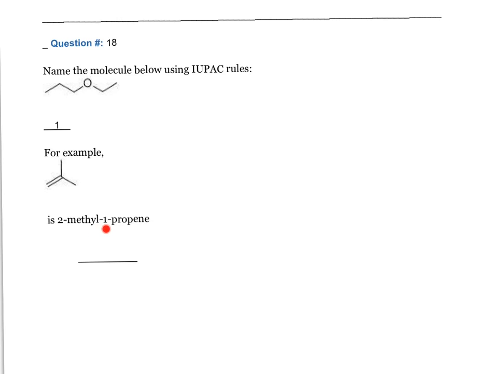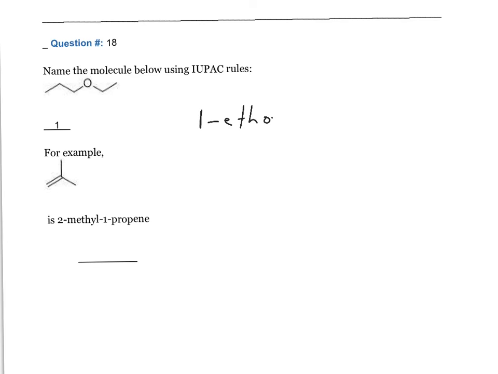Okay, dash, number, letter. So the name of this molecule, we've got 1, 2, 3, 1, 2. So 3 is bigger, it's the longer chain. So this is your substituent. So this would be